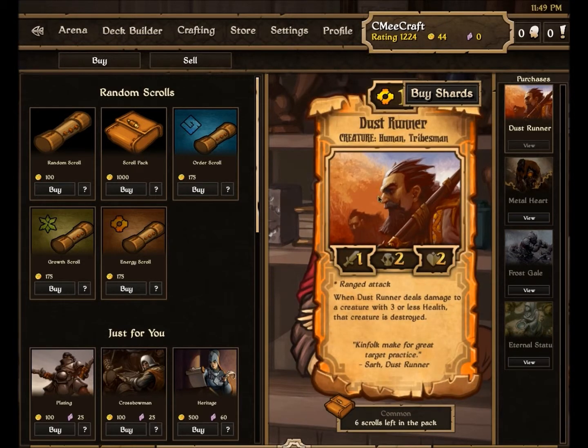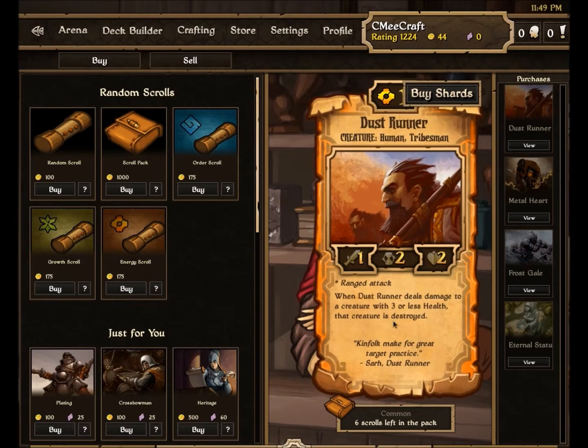These guys are awesome. What? Energy unit with a casting cost of 1. It's a creature. The Dust Runner. With a ranged attack, when Dust Runner deals damage to a creature with 3 or less health, that creature is destroyed. So it only has an attack of 1, so it'll only do 1 damage to idols or structures, things with like 6 health and stuff. But this bonus can essentially make it so it can take out any early game unit,